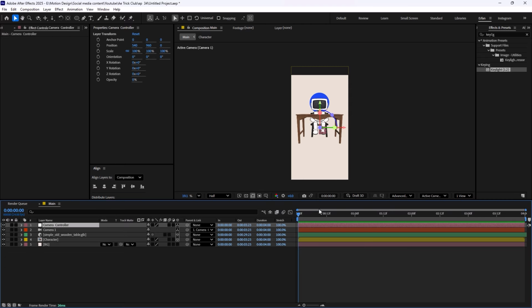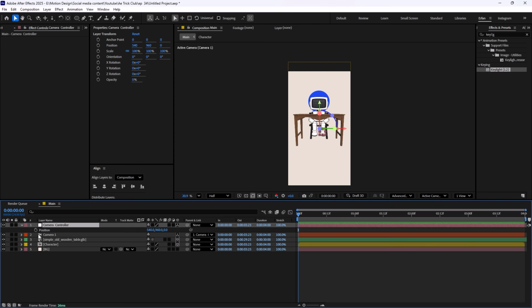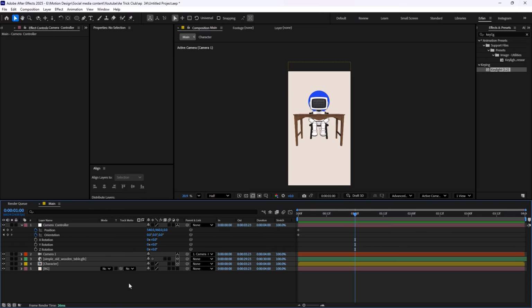Okay, we have it. Now let's animate the view from, let's say, this front perspective to a top shot view. In order to do that, I'm going to open the position. Also, I'm going to hold Shift plus R to open the rotation as well. So I'm going to set a keyframe on position and orientation at the same time. Let's go into, let's say, 1 second, and then we can respectively change the desk to top view